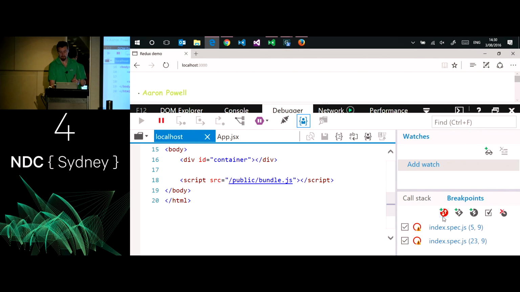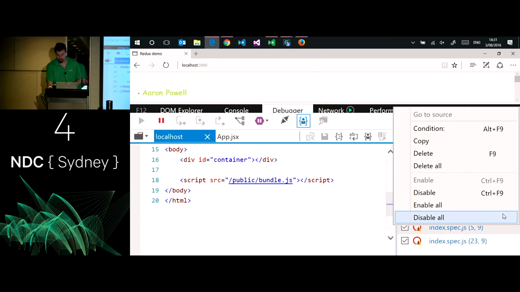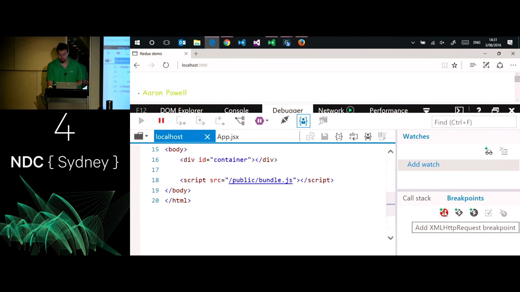The last feature, if I can remember where it is. So the last feature of the Edge Dev Tools, I figured just while I've got them open, I'd talk about, is this special type of breakpoint. So they've got tracepoints, which is a specialish type of breakpoint. They also have another one here, which is called, I'm just going to remove these so I can get some more space, an XHR breakpoint. So if I add this,